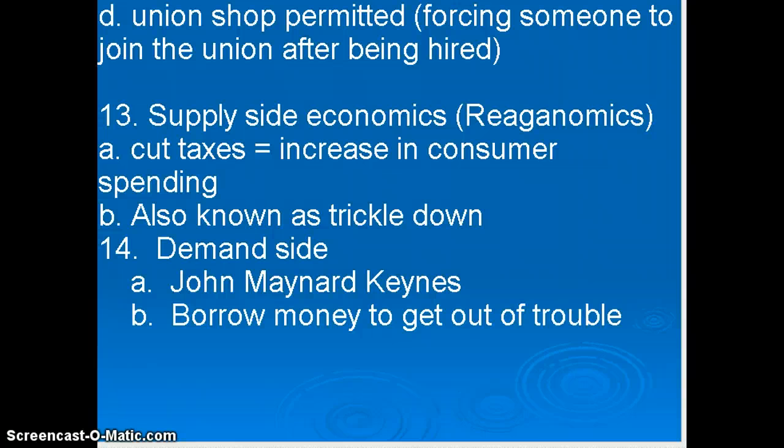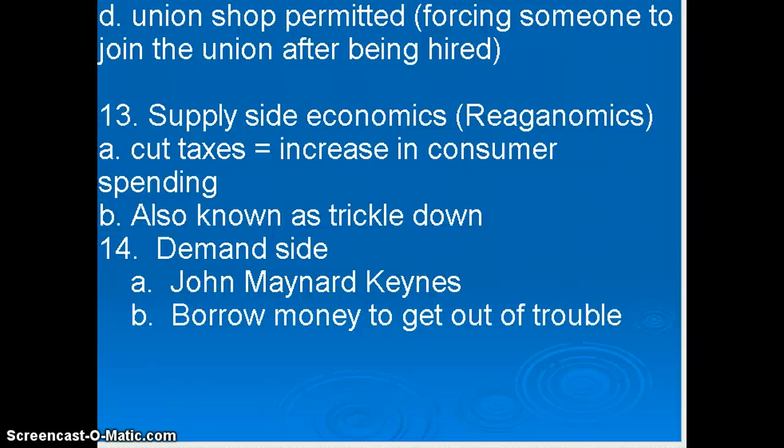Alright, well, we've discussed supply-side economics in class, and we also discussed Keynesian economics. The short answer is that supply-side economics, or Reaganomics, also known as trickle-down, is simply cutting taxes, and it also involves cutting regulations. If you listen to the Republican candidates, that is what they're saying that they will do to fix the economy. If they cut taxes, then the wealthy will have more money. If the wealthy have more money, they will invest it into their companies. They will pay more people and be able to hire more people to do more work, and the economy will improve. And if you cut down regulations, same idea. It's not necessarily a part of supply side, but it often goes hand in hand.